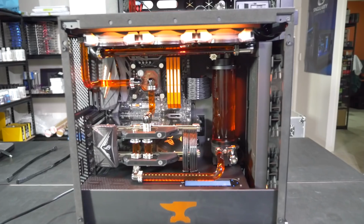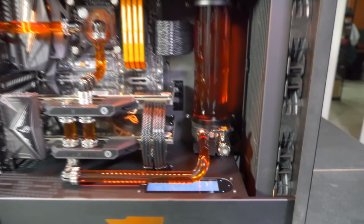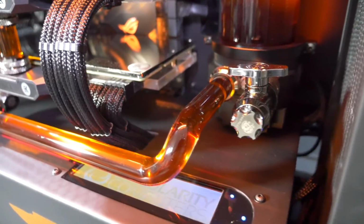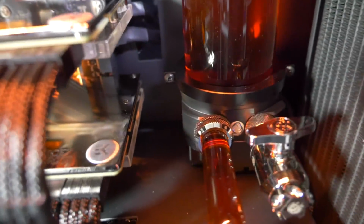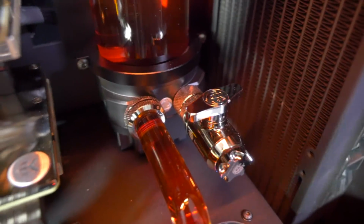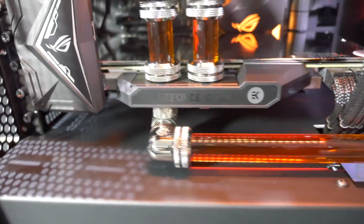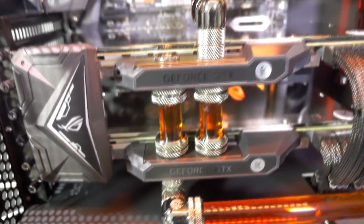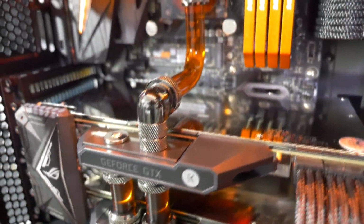So let's take a look at the loop. Now we have Singularity Computers acrylic tube, Bits Power black sparkle fittings, all 16mm hardline compression fittings. We have a mini D-plug and a mini valve here. We come across into the bottom of the GPUs with two 90-degree singles, parallel configuration, 10mm extension, 90-degree single, another